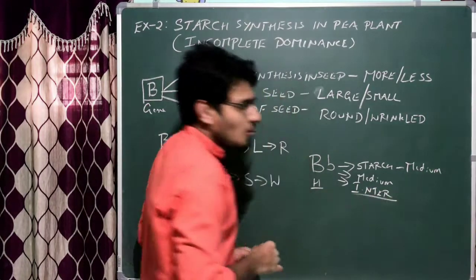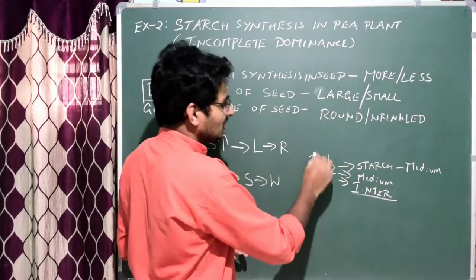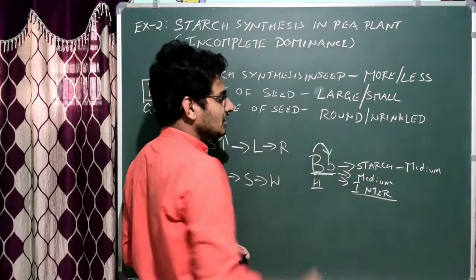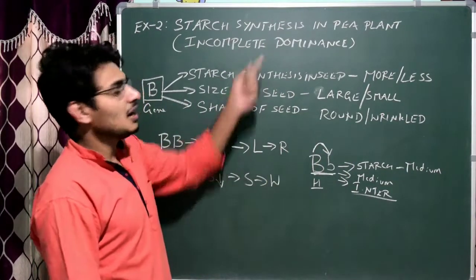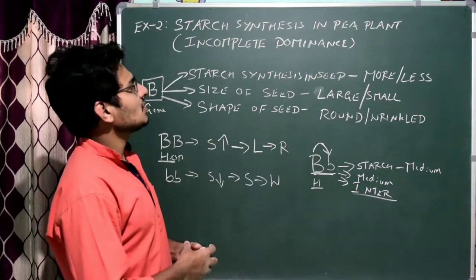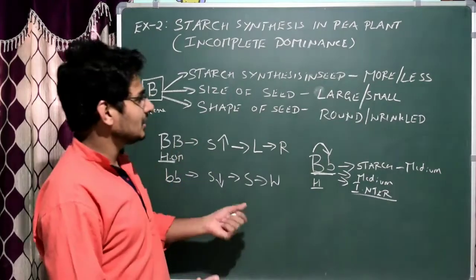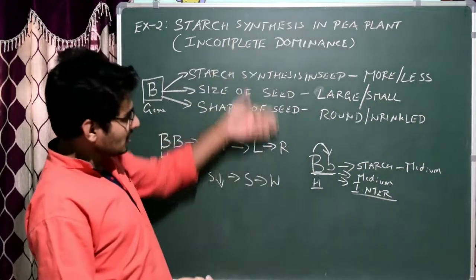See this. So what is the reason behind it? It is incomplete dominance. In heterozygous condition, this capital B failed or is incompletely dominant over the recessive gene. So this is one thing you have to remember. It could be asked, for 3 marks, explain starch synthesis in Pisum sativum plant. So very simple, that is a type of intragenic interaction actually, that is allelic interaction. So you just write it very simple.